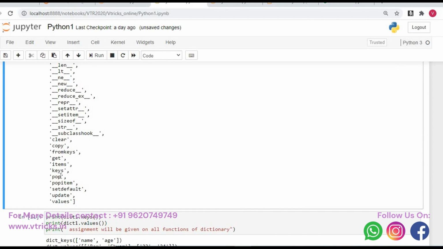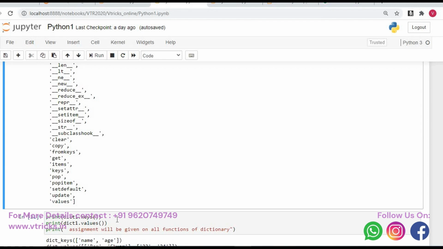These are the different functions. Again, what will all these functions do? Very simple. You can do help of flower bracket dot clear, then you will get to know what the clear function will do. Help of flower bracket dot items, you get to know what items will do. These are all the functions present, which we can use to do some action accordingly.